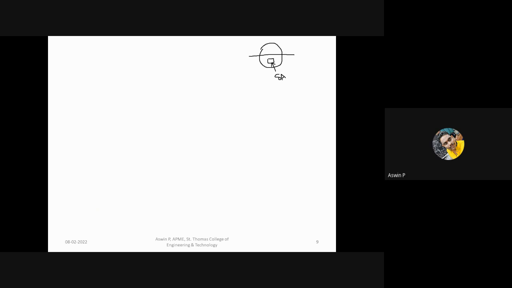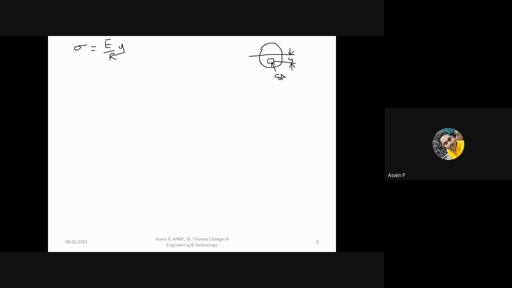Small letter a is enough, I have written it like that. So when you are taking this distance, this will be y. Consider a strip of area delta A, a small area at a distance y from the neutral axis. And we already have the equation for stress as sigma equal to E by R into y, right?